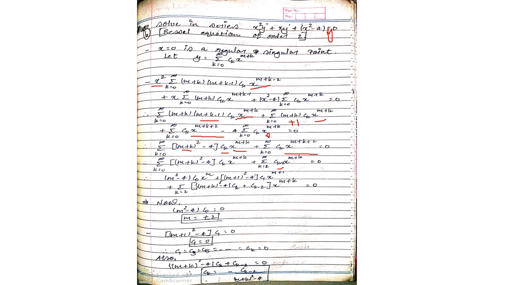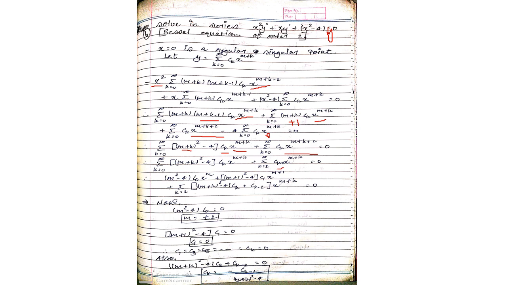Okay, so now the next term equals to 0. Here you are getting c1 equals to 0. As c1 equals to 0, then c3, c5, all these terms will be 0. And at the last, the term equals to 0, so you can write here c_k equals to, you have to make c_k the subject only, right? So c_k equals to minus c_(k minus 2) upon (m plus k) whole square minus 4 here.